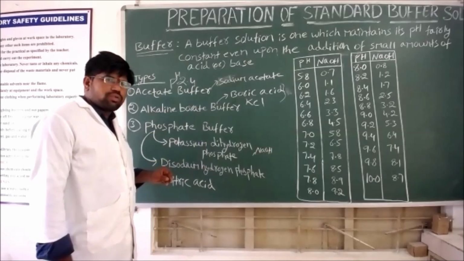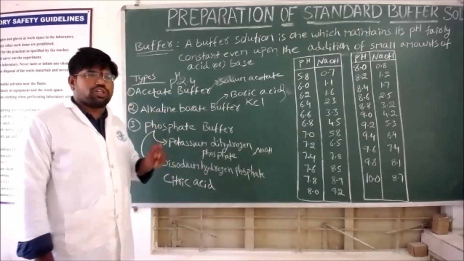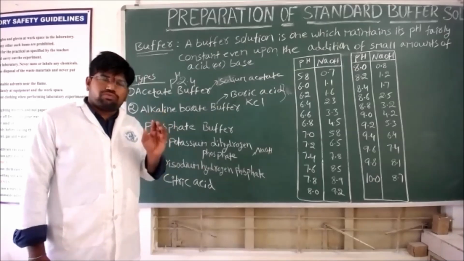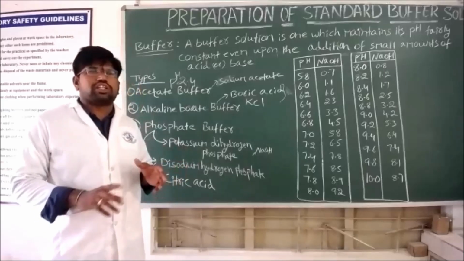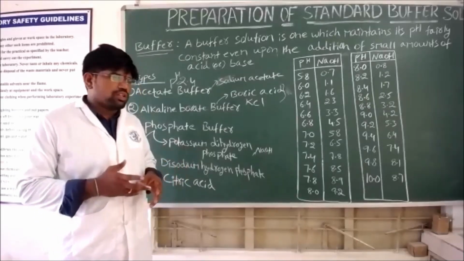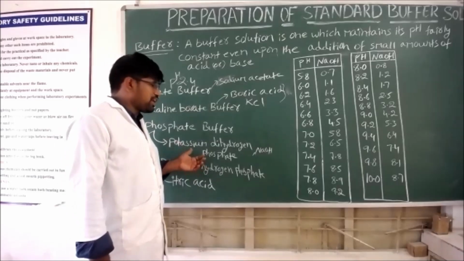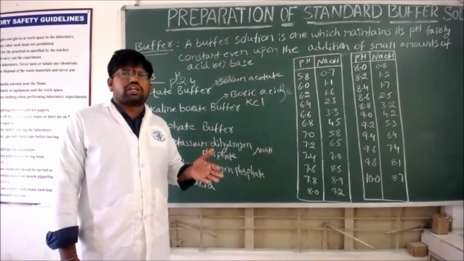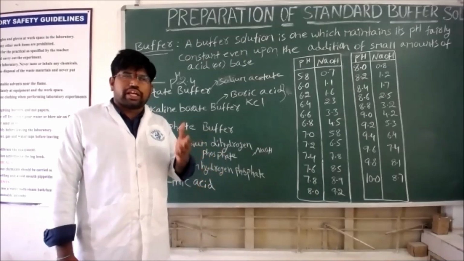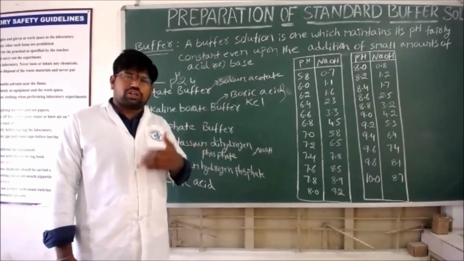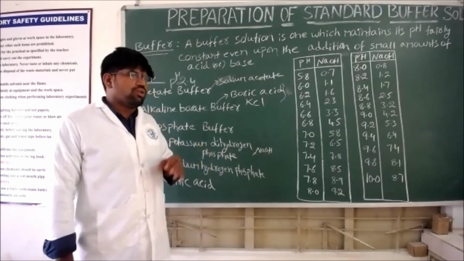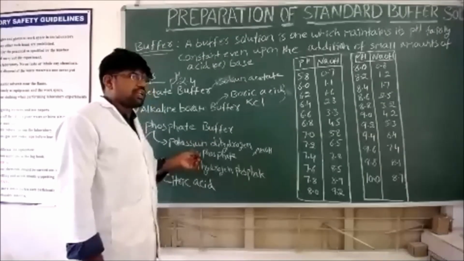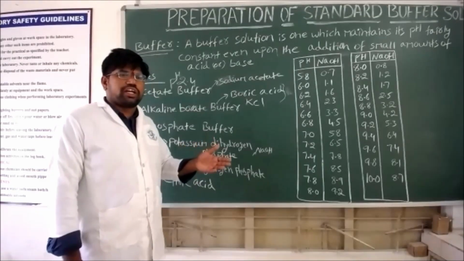Two pHs are very important. One is pH 6.8, the other is pH 7.4. Enzymes show their maximum activity at neutral pH, that is 6.8. Most biochemical experiments, like enzymatic hydrolysis of starch, study of substrate concentration on enzymes, and effect of temperature on the enzyme, generally use this phosphate 6.8 buffer. The 6.8 buffer is very important to produce favorable conditions